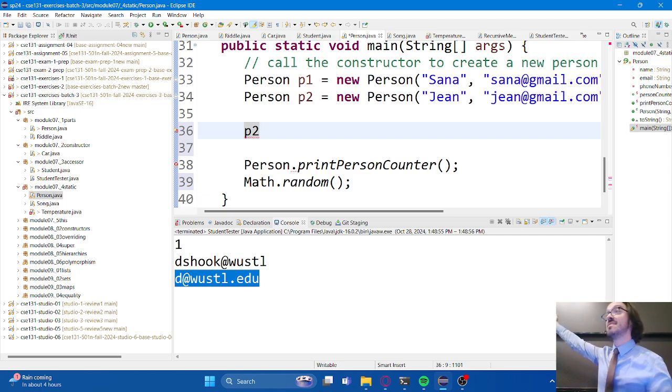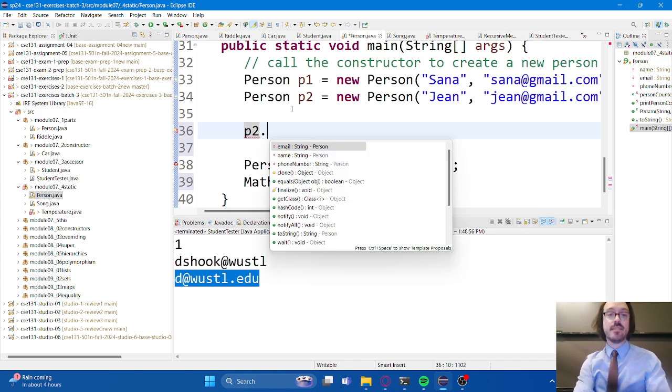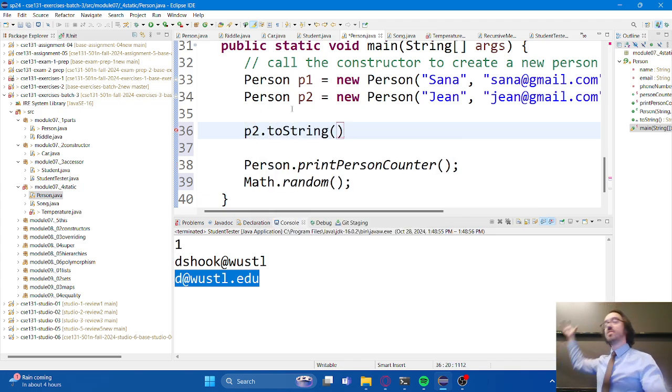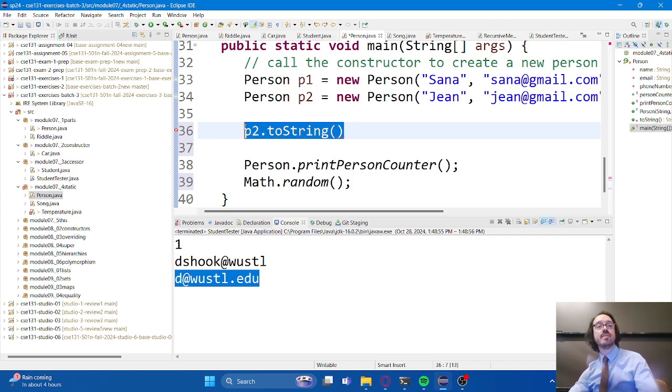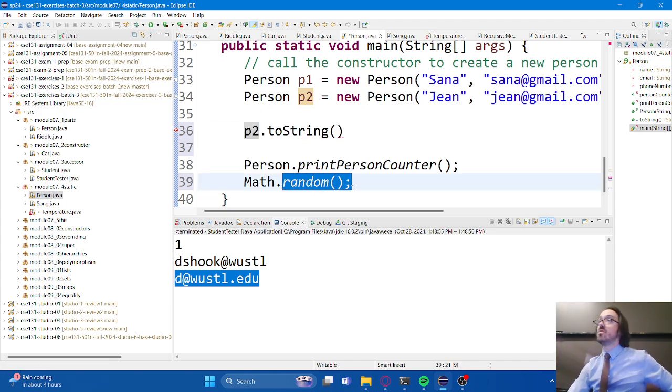P2 is an instance. That's a variable containing an instance of the Person class. P2.toString would call the toString method upon the P2 instance specifically. Another way to think about it, right, is non-static methods are dealing with a very specific thing, whereas static methods are general, right? I don't need an instance. This just works regardless of whatever objects may or may not exist.